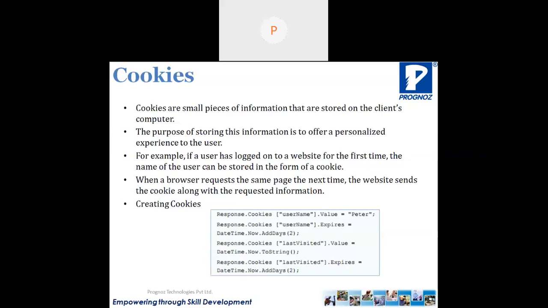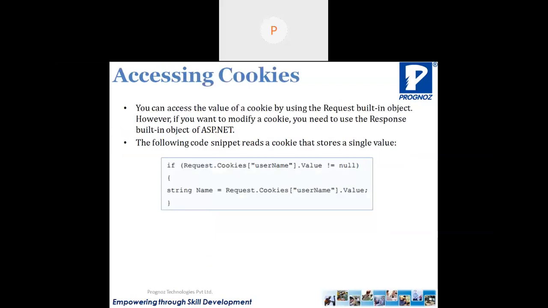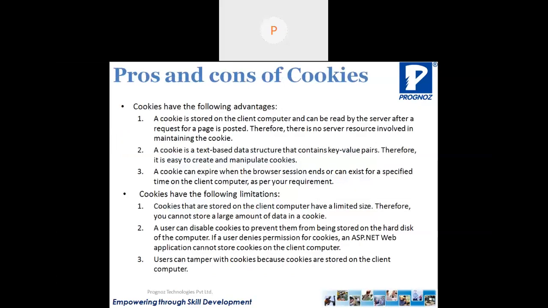Okay, and then next they have given the syntax for creating a cookie, which is the same as ASP.NET syntax. There is no change in this. Anyhow, we have to use request.cookies and response.cookies, these two properties along with some methods. How to access those cookies, that also we have learned. Now the next thing they have given is advantages and disadvantages. I'll cover this much part first and then we will check the examples.